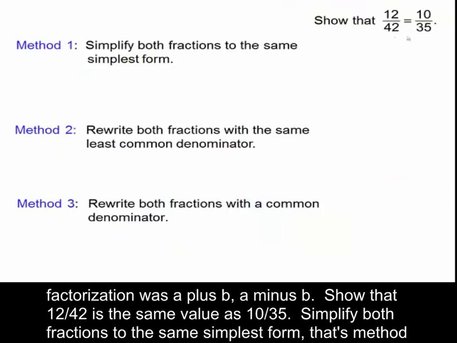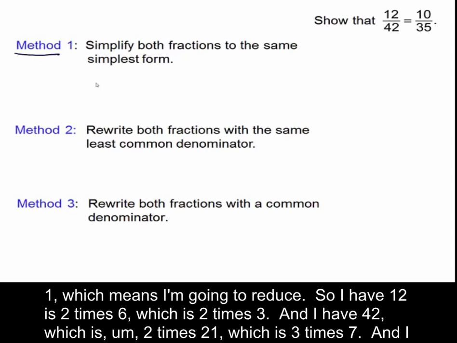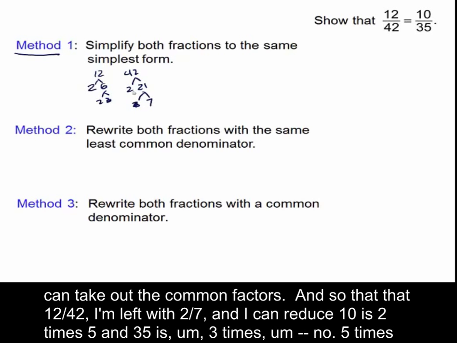Show that 12/42 is the same value as 10/35. Simplify both fractions to the same simplest form. That's method 1, which means I'm going to reduce. So I have 12 is 2 times 6, which is 2 times 3, and I have 42, which is 2 times 21, which is 3 times 7, and I can take out the common factors,